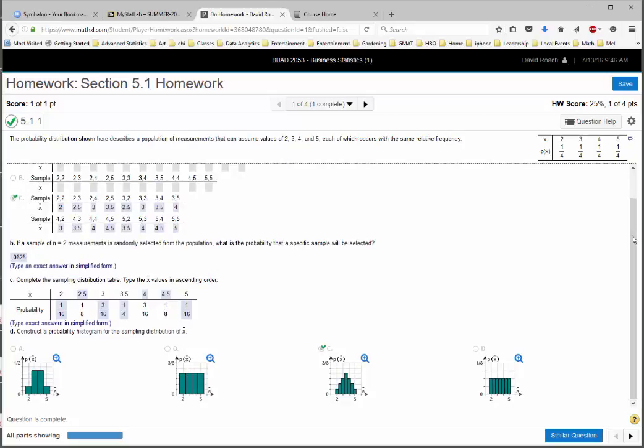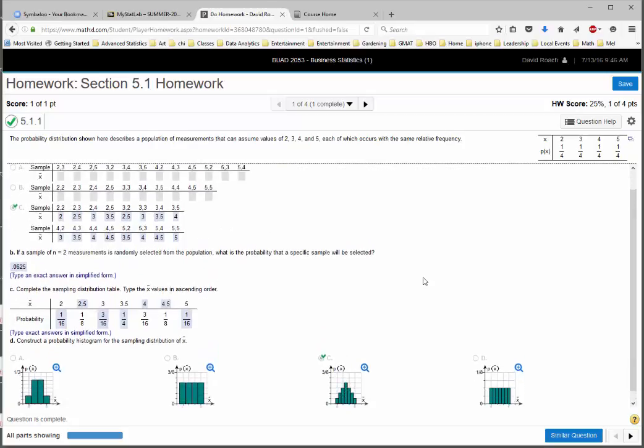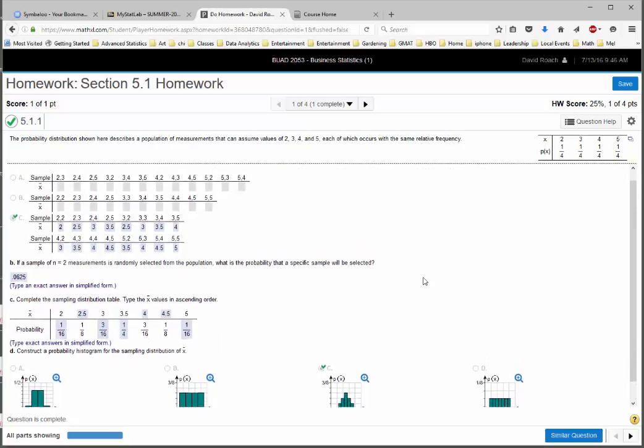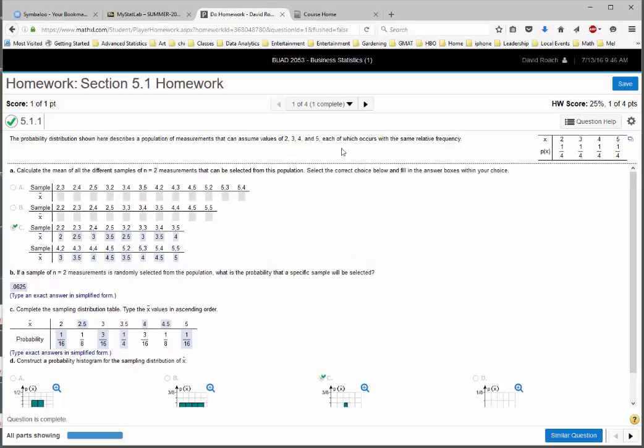And then finally, they ask you to graph the sampling distribution. If you graph all of that, make a histogram. So it's option C. The thing to get out of this is that this population is not a bell curve. It's 2, 3, 4, 5. It's a uniform distribution. But the corresponding sampling distribution, if you take large enough samples, and this really isn't, but you don't want to do the math for what it is,